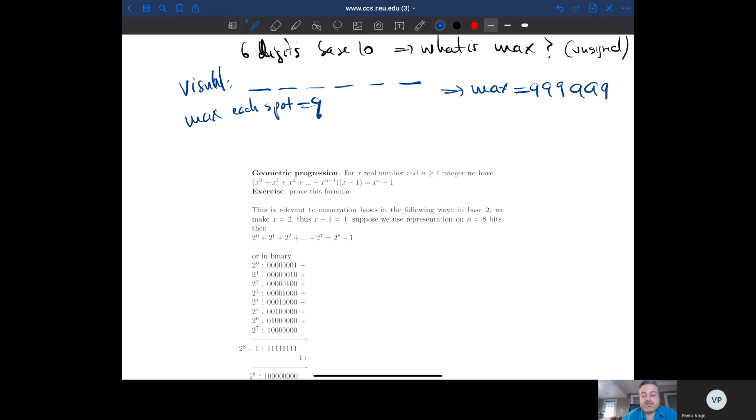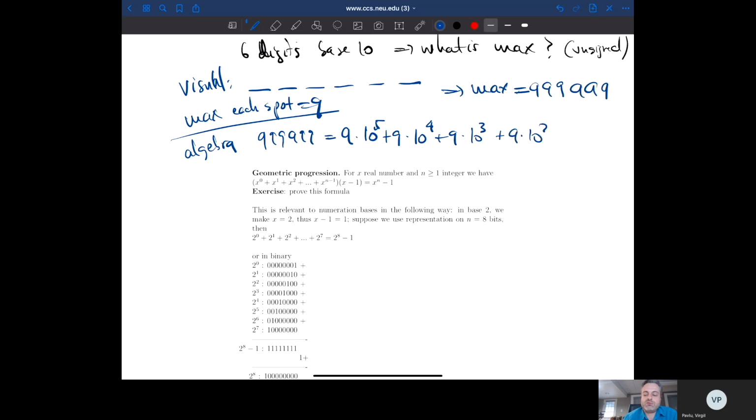But if you think about this from an algebraic standpoint, so that's visual, but how about the algebra? 999,999 is actually 9 times 10 to the 5th plus 9 times 10 to the 4th plus 9 times 10 to the 3rd plus 9 times 10 to the 2nd plus 9 times 10 to the 1 plus 9 times 10 to the 0, which is really (10 minus 1) times (10 to the 5th plus 10 to the 4 plus 10 to the 3 plus 10 to the 2 plus 10 to the 1 plus 10 to the 0),